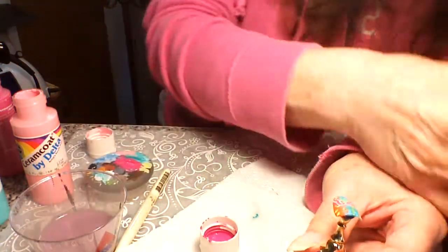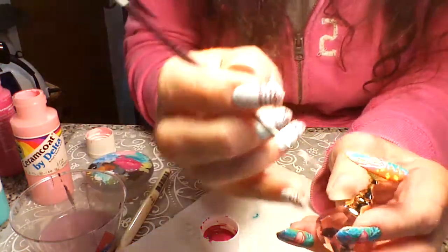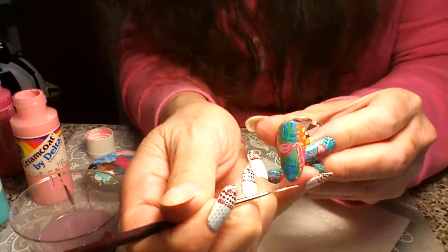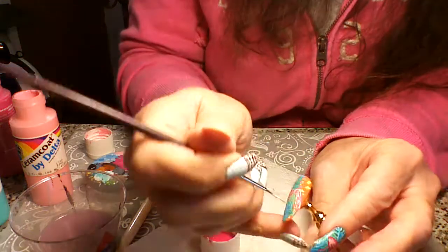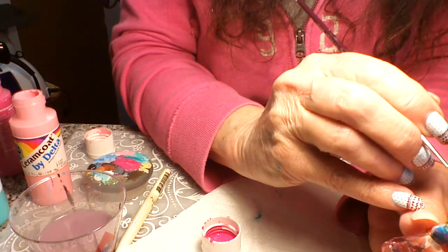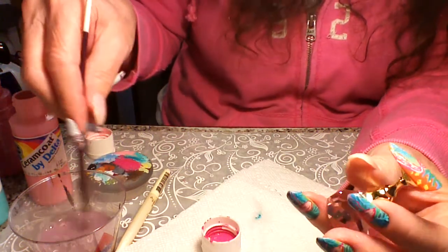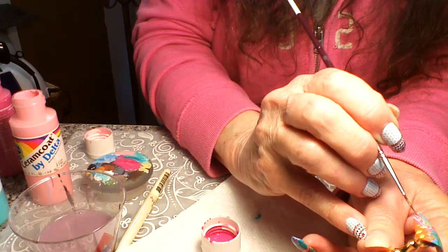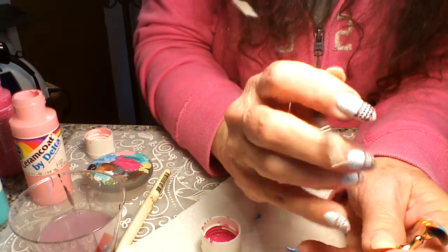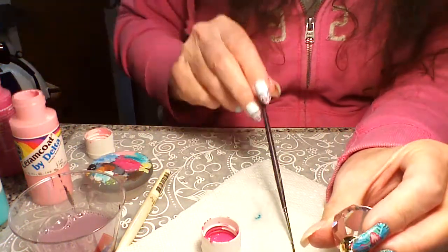And then, let me look at his neck again. Let me look at this one too. Okay, so I am going to add a little bit more of the lighter down through his neck. Can you see it? So let me try it this way, upside down. So kind of through his neck so that you can see where it is. And his head, let me see, where is his head? Okay, so I do want to do a little dab of dark pink right on the outside of that so that you can tell that that's where his head is turning. Okay, so I'm hoping you'll be able to tell better when I do his beak and stuff,